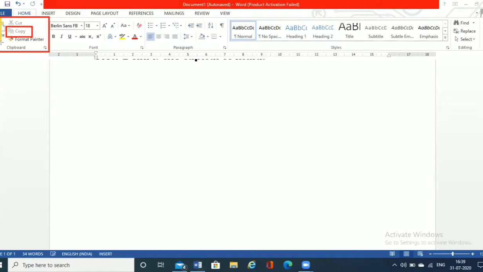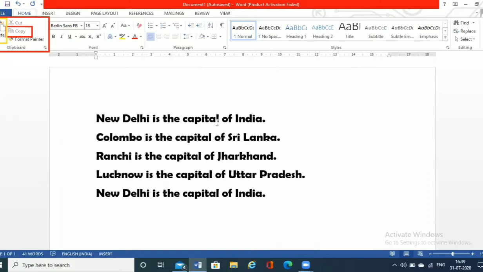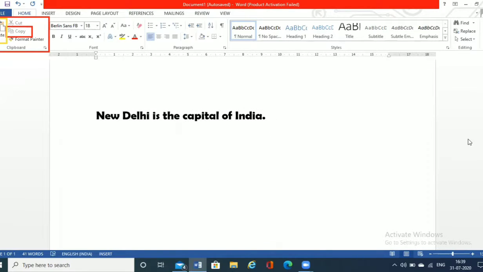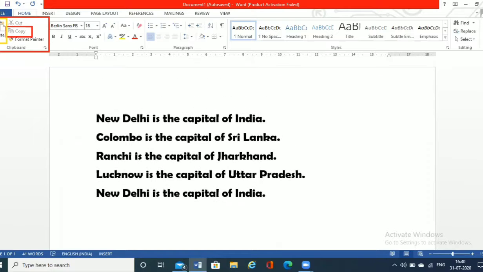As soon as I click on paste, the particular text gets pasted here. See, the first line says New Delhi is the capital of India, and the last line of the page also says New Delhi is the capital of India. So this is the process of copying text.